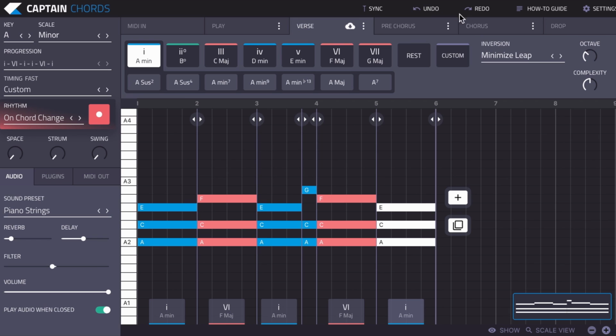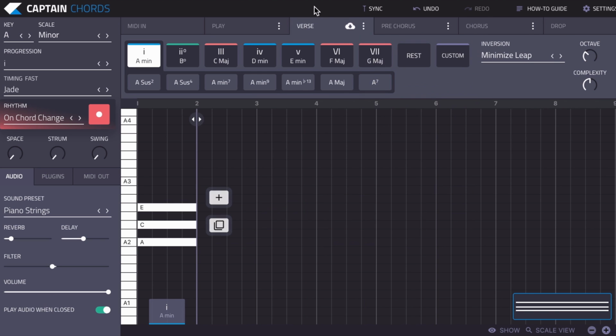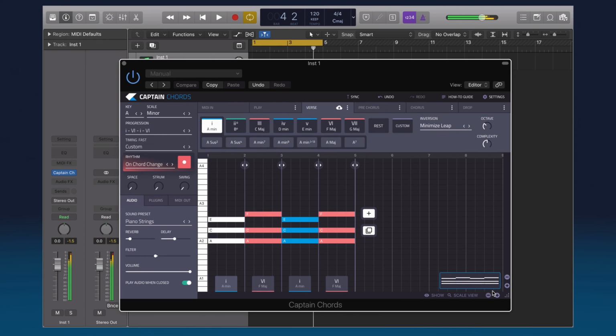And then a good time just to show you undo and redo. I think they're quite self-explanatory. And then the sync option here. This one's actually quite difficult to explain, so it's probably easier if I just show you. If I have a chord progression, it will start from the beginning, the same as in Logic. It ties up perfectly. But let's say I'm further into the song and I'm in a part of the timeline or a bar which doesn't sync up perfectly, because of the way I've written the song, and I want it to start here on a certain bar, not there.